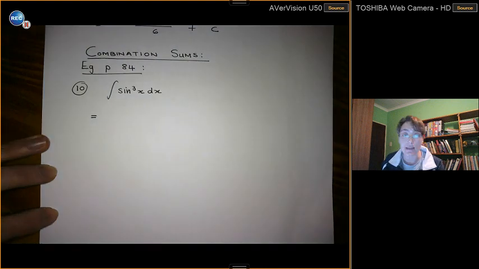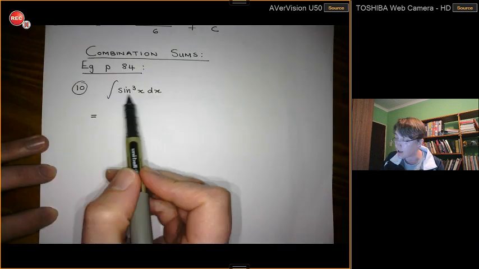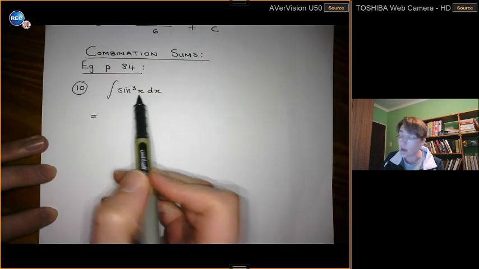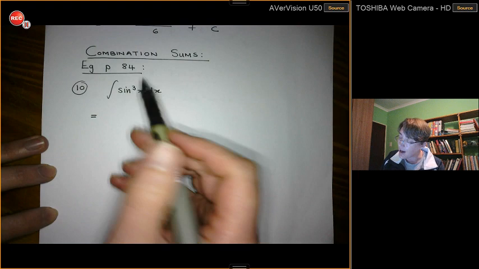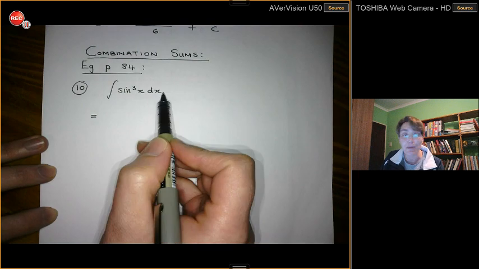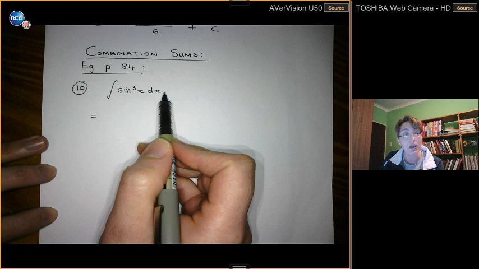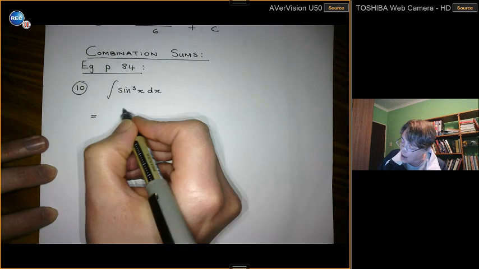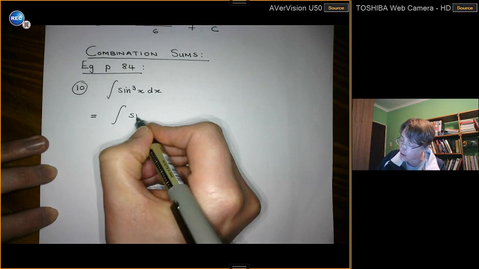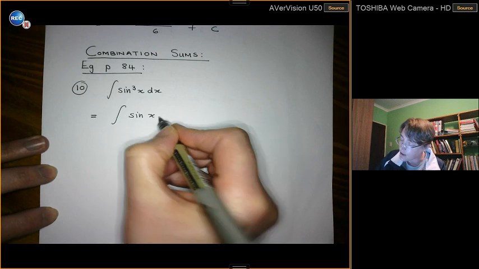Now, a couple of issues. This is not a standard integral. I do not have sine cubed x on my table of derivatives. Secondly, I don't have a second function that it's being multiplied by. So currently, I cannot go and use my reverse chain rule as it is. But if I just split that sine cubed x into the following: sine of x times sine squared of x,